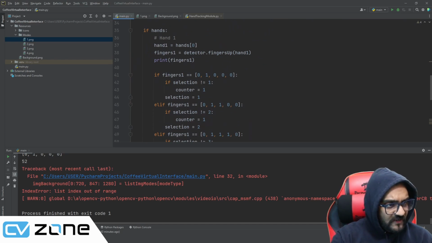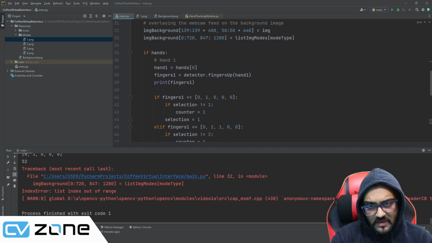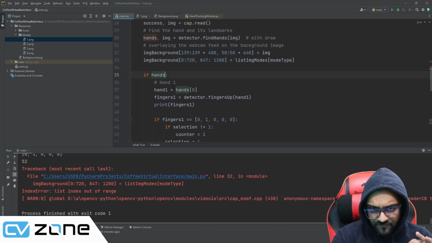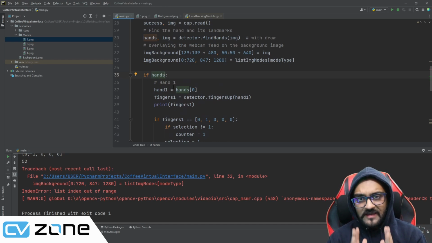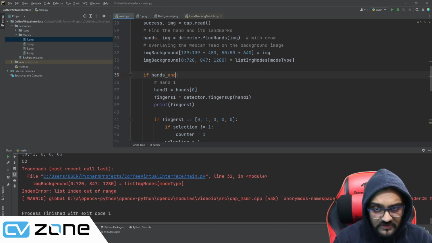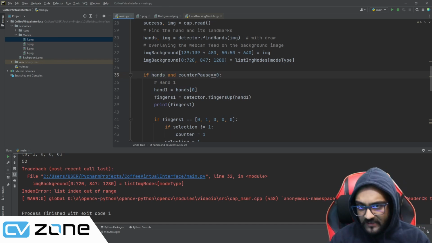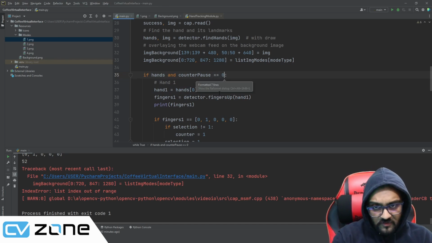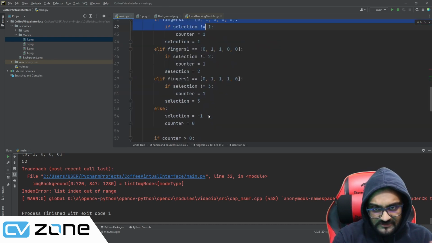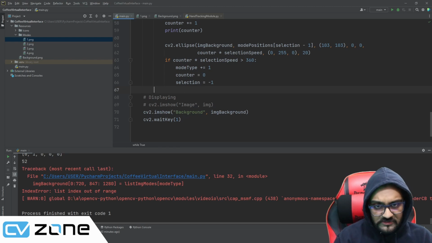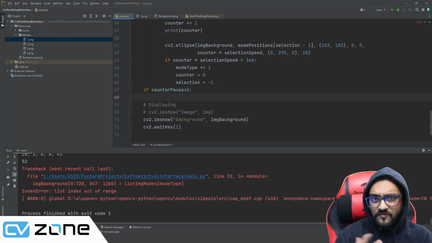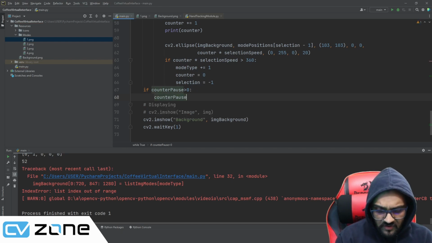And to activate this counter pause, we are going to write that you will check if the hands are available and the counter pause is 0. It means the counter is not activated. So we are going to write here and counter pause equals 0. Now, if the counter is activated, then it will not select anything, right? So what we can do is here we can write if counter pause is greater than 0, then we will count for a while. So let's say counter pause plus equals 1,